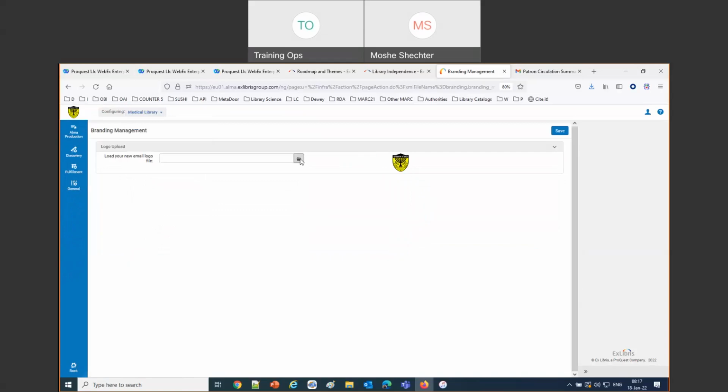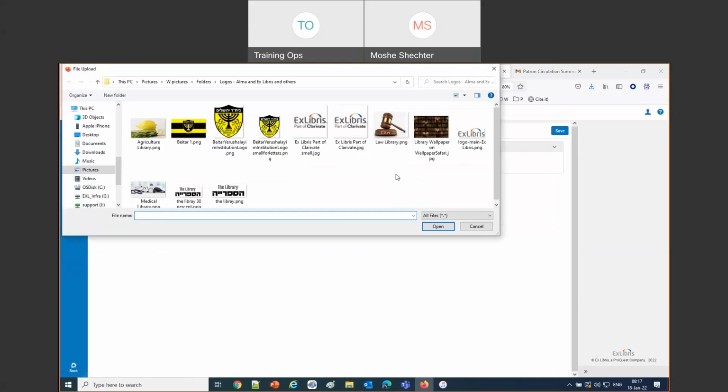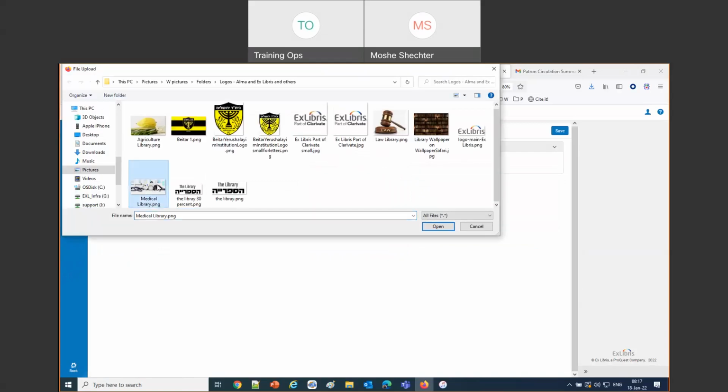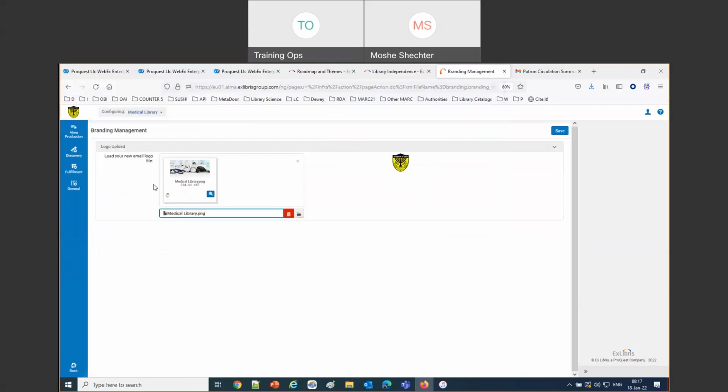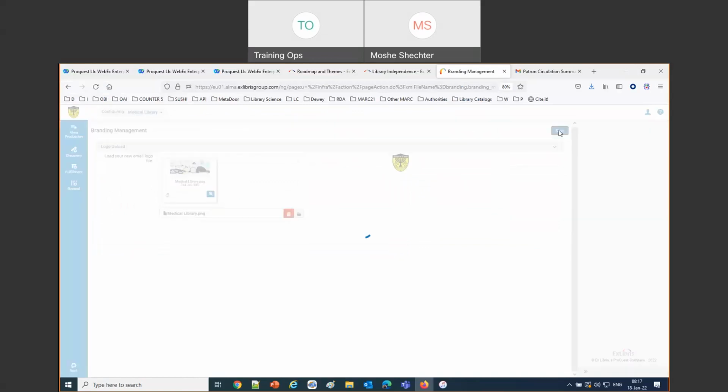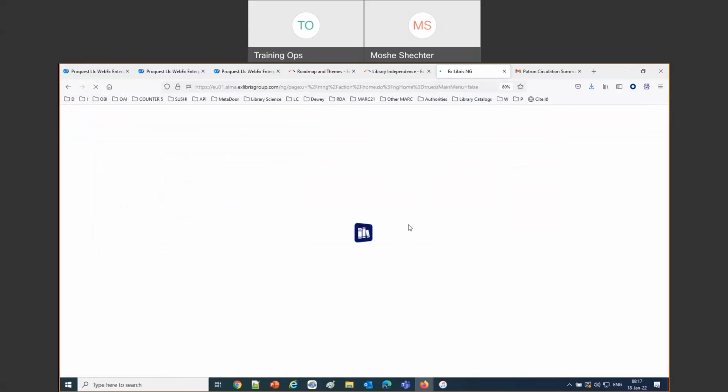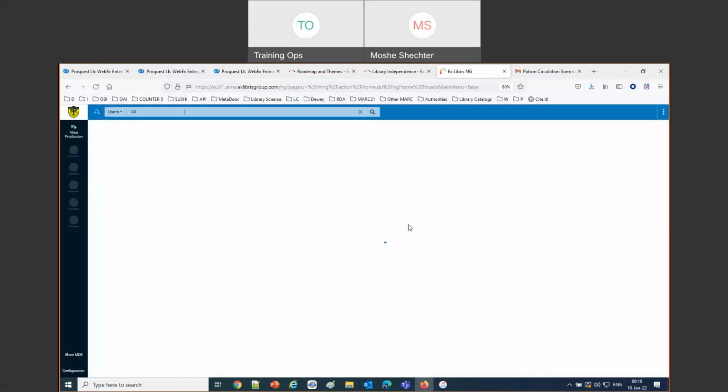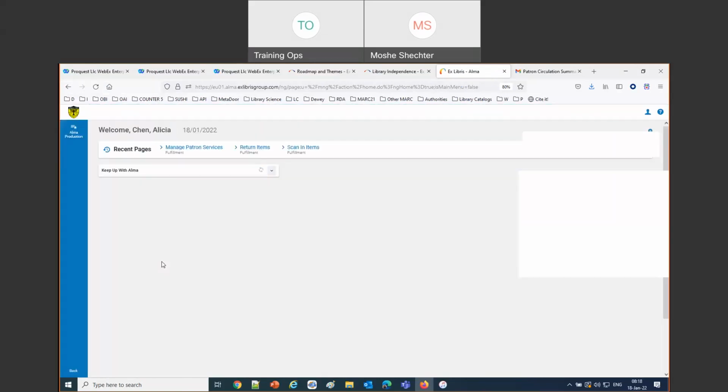And here we've got a picture of a stethoscope, and I think that's the thing that takes the blood pressure, if I'm not mistaken. So we'll take that and save. So now we have a logo for the agriculture and the medical library. Let's do the same for the law library. So we'll come along to the law library now. We'll say configuration, general.